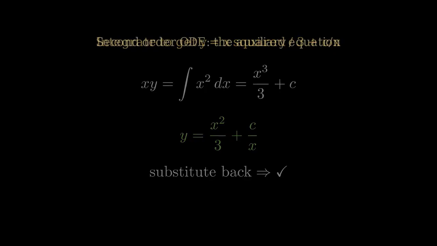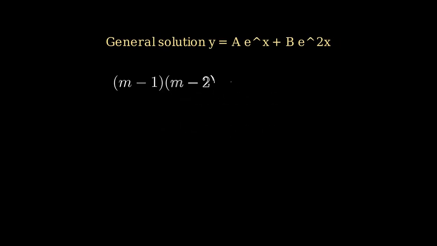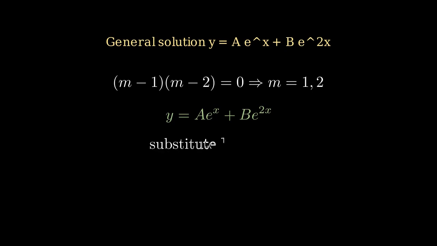Now we solve the second order equation, y double prime minus 3y prime plus 2y equals 0, using the auxiliary equation m squared minus 3m plus 2 equals 0. Factorizing gives m equals 1 and m equals 2, so the general solution is y equals a e to the x plus b e to the 2x. Checking, substituting this y and its derivatives back into the equation confirms it satisfies the equation for any constants a